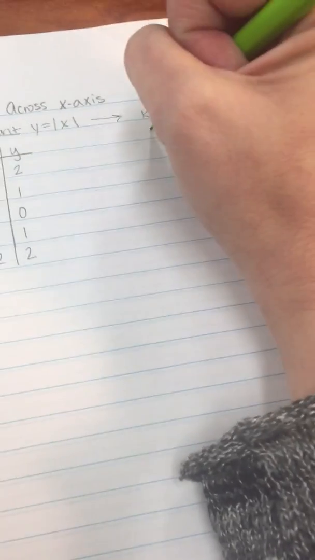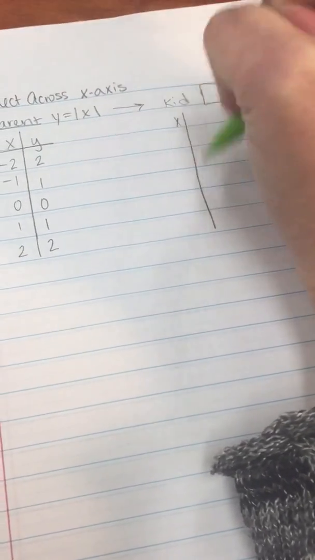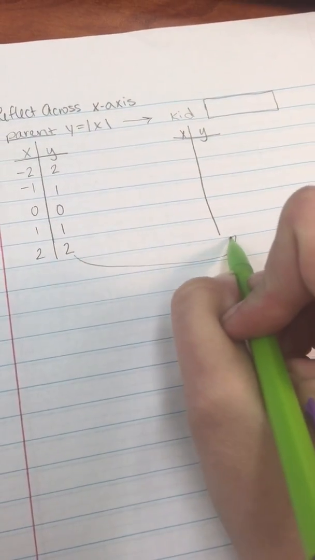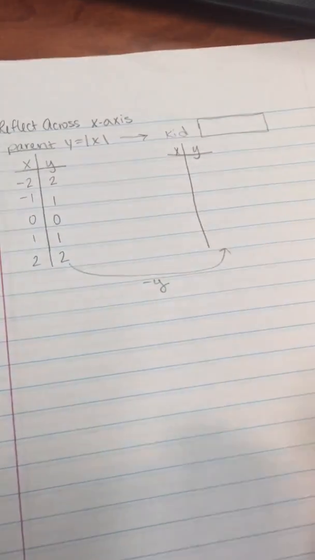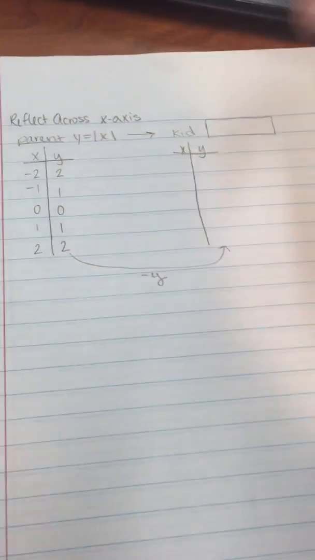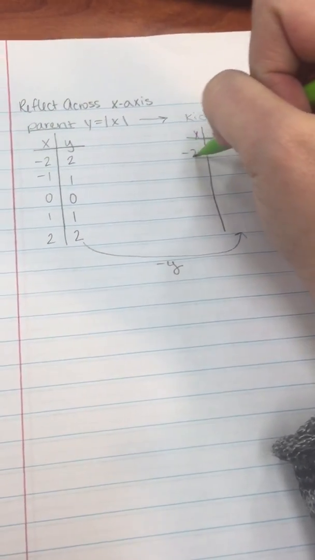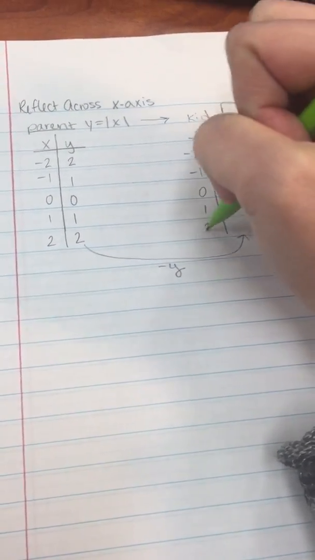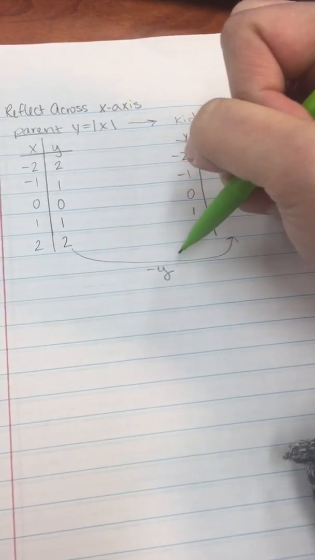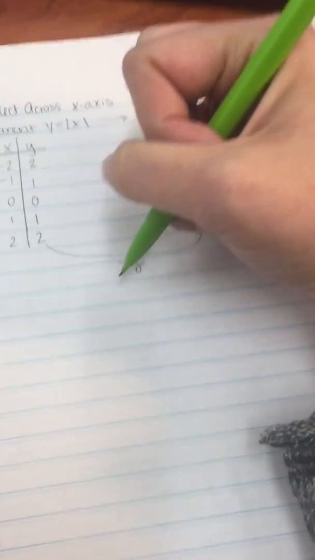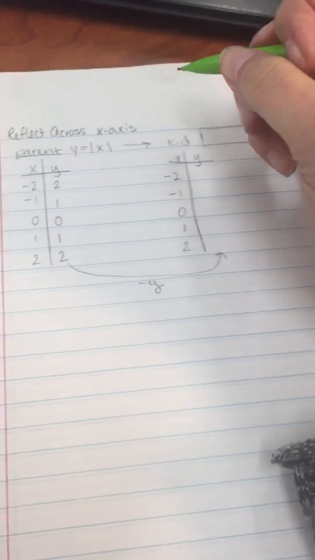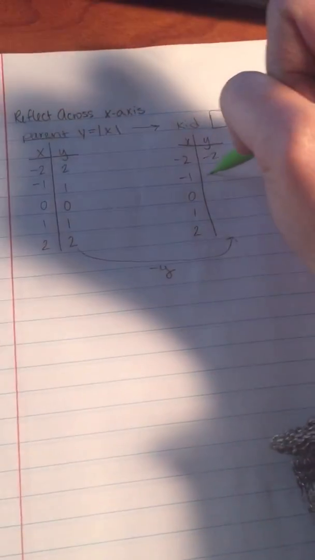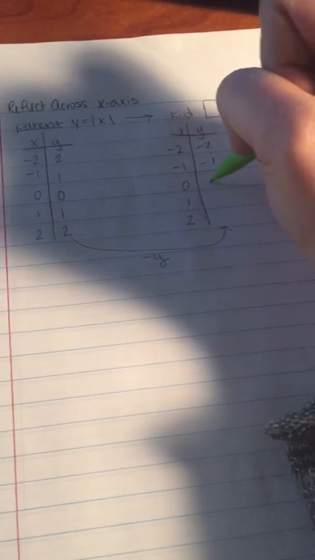So I'm going to take my XY chart, and I'm going to do -y. Well, if I'm going to do -y, then I'm not doing anything to my x's, so I'm just going to leave them. And you don't have to do -y. You could do like -3y. It doesn't matter, just a negative number in front of your y. All right, so then that's -2, -1, 0,